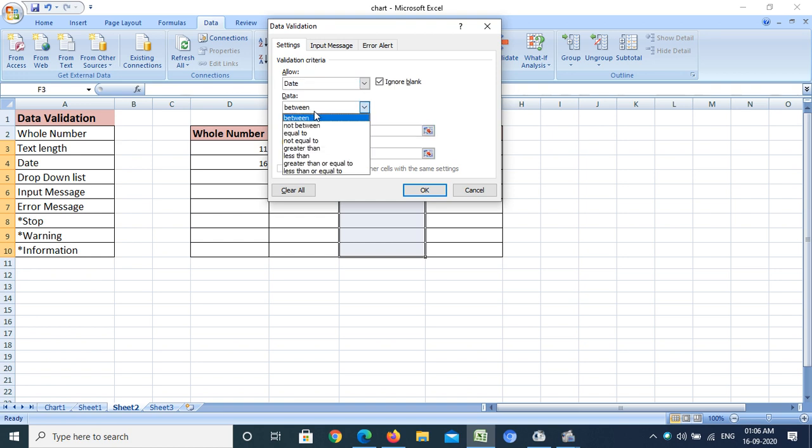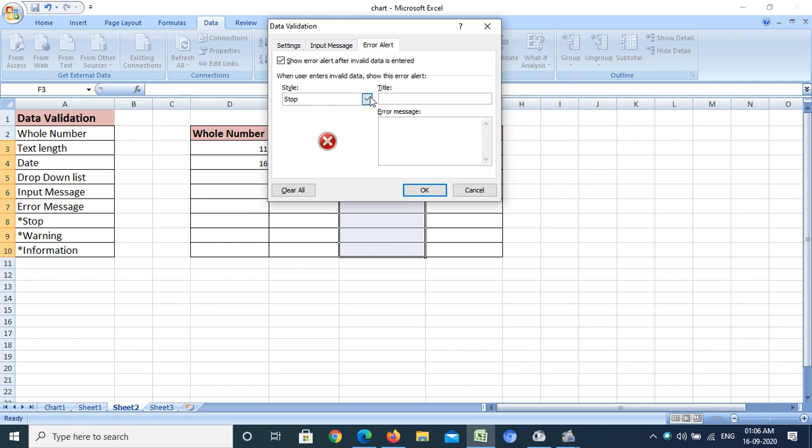Now suppose I want the date to start from 1/1/2019 and it should be between 1/1/2020, and I just want an error message. This time I am going to select warning.